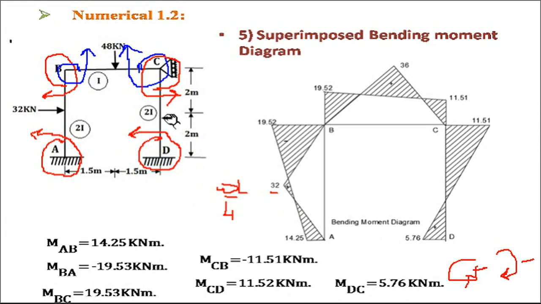Now here, as no load is acting, no free bending moment diagram will be there. So here the load is acting on the member BC, the load is acting at the center. So this value will be WL by 4 for the free bending moment diagram. Okay, so put the values of W and L. So we get this value of the free bending moment, that is 36. Okay, so in this way we can draw the superimposed bending moment diagram.